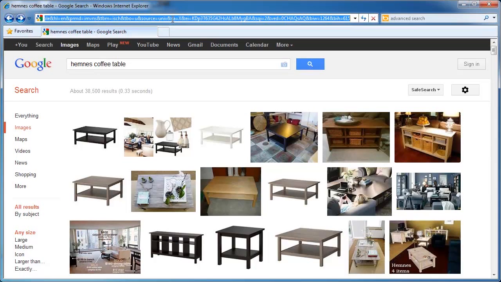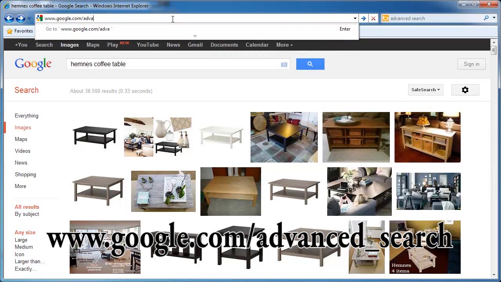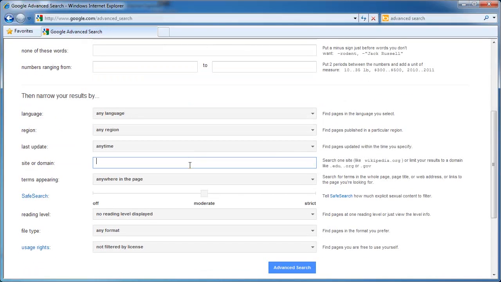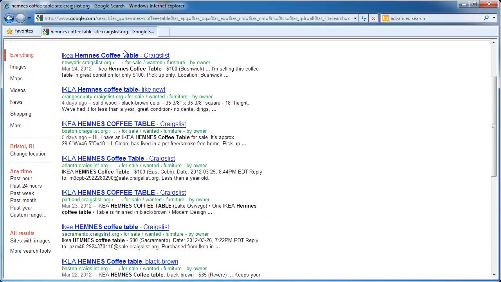Now another thing you can do is an advanced search. So google.com/advanced_search, and you can search for the same thing, Jimenez coffee table, and what we're going to do is actually search Craigslist, because a lot of people who are selling things will post pictures of them. We don't want to just go to Craigslist.com because you can't search the entire Craigslist site. You can only search your local site. So this expands it and searches the entire Craigslist.org,